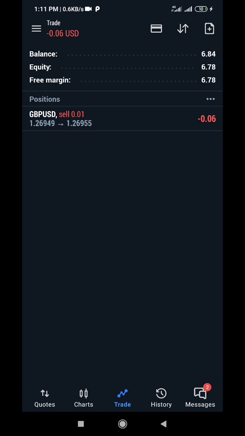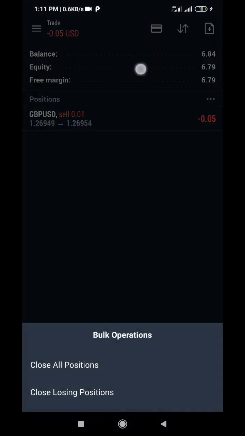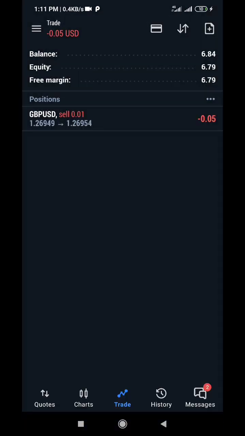What happens is that when you close this position, right now, the money you will get will be your equity, 6.8 currently. You see it changes as you make profit, your equity increases. As you lose money, your equity will reduce. So